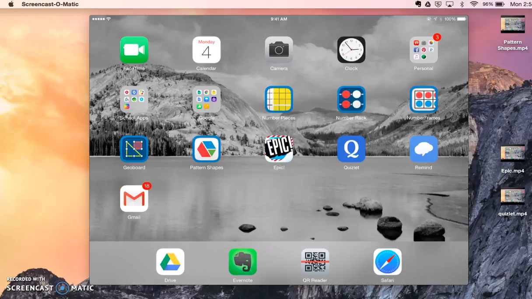Alright, and the last app is called Remind. And Remind is the one that's blue and it has the white cloud in it. Remind is a tool for communication with students and parents that kind of protects the privacy. It is one that has to have an account, and I would think it's really hard to start this mid-year, but maybe at the beginning of next